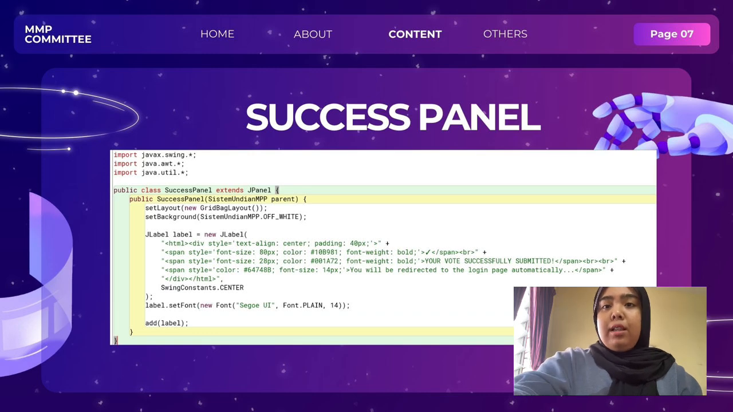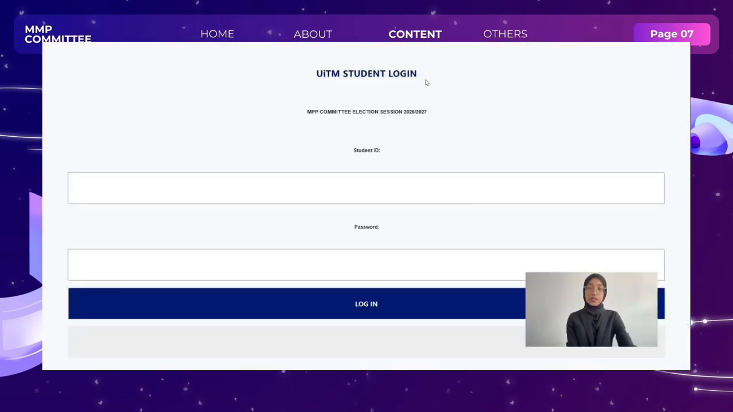So after vote submission, the system displays the success panel to confirm the vote. Finally, a timer redirects the system back to the login page after 3 seconds, ensuring smooth flow and readiness for the next voter. So here it will